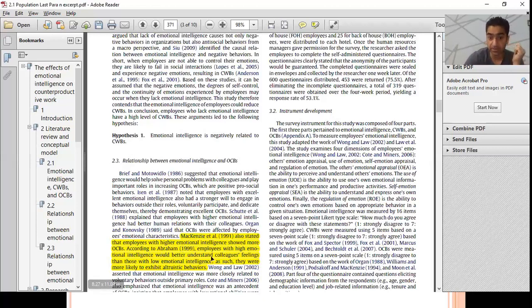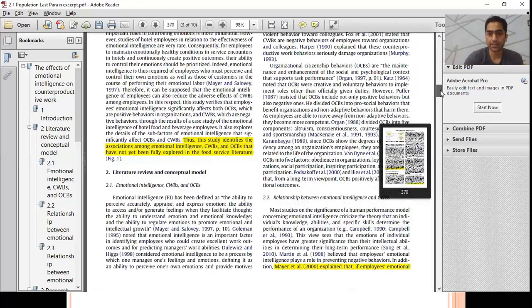The other side, what this author is saying: if you are high on emotional intelligence, then you are exhibiting more altruistic behavior. Altruistic behavior is the kind of behavior which apparently has nothing to do with me. It's not in my interest, yet I am doing something which is good for the society or for common citizens. So basically, one facet of OCB is altruistic behavior. So students, the relationship was already there, but